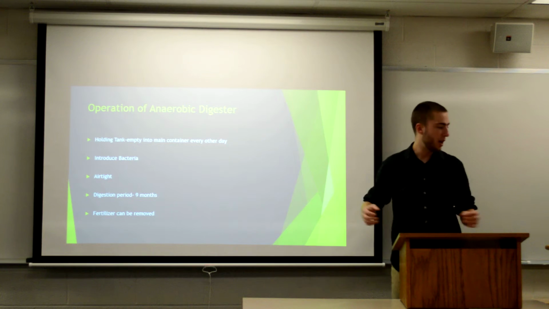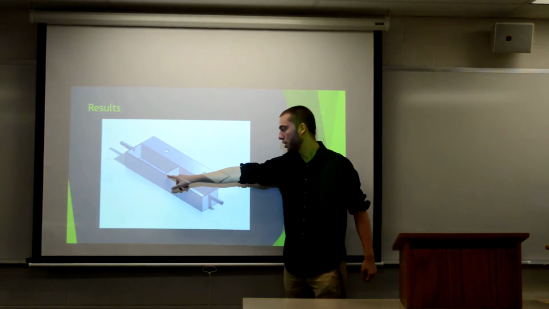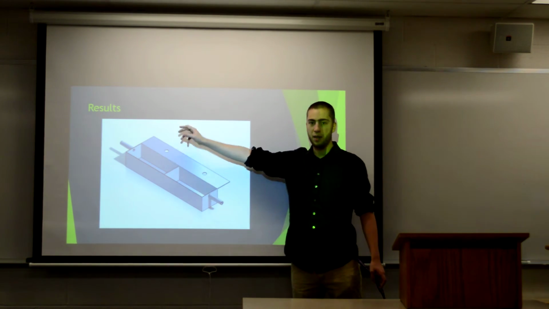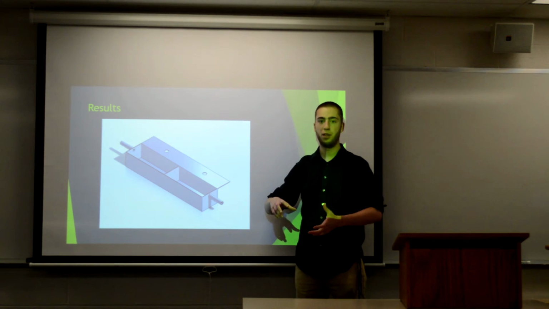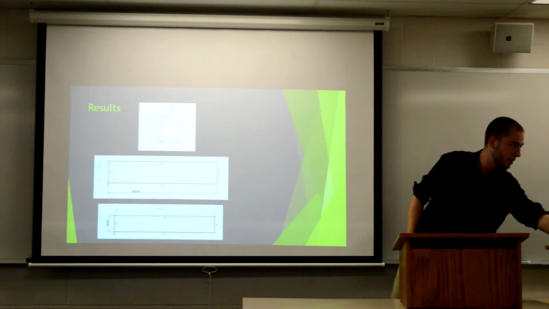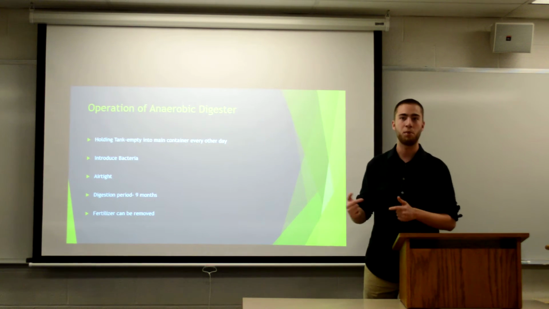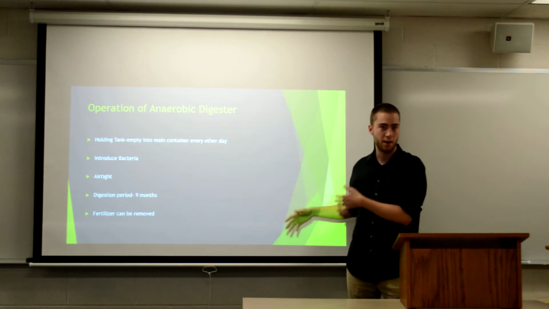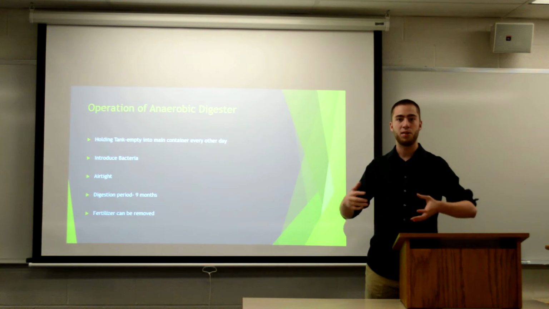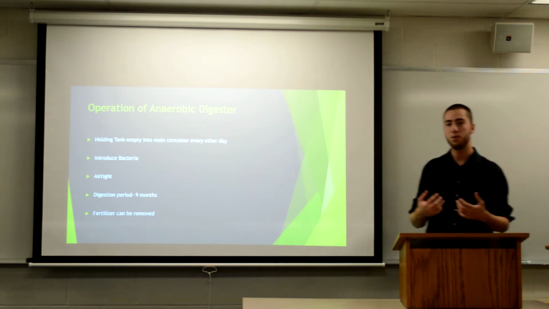As you saw in the previous slides, the container is split into two separate portions by this divider down the middle, so that one side of the digester can be used, then sealed up once it's full and digested for 9 months while the other is being used on a day-to-day basis. During that 9 months, the reaction is taking place and biogas is being generated, and it can be pumped out, compressed and burned for fuel. But after that 9 months, the leftover product in there is a fertilizer that can be used to grow